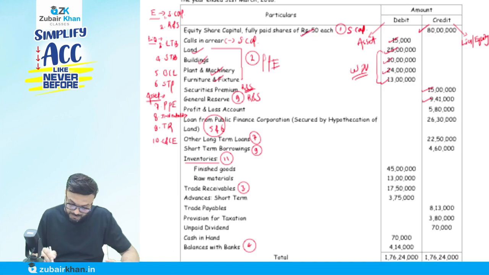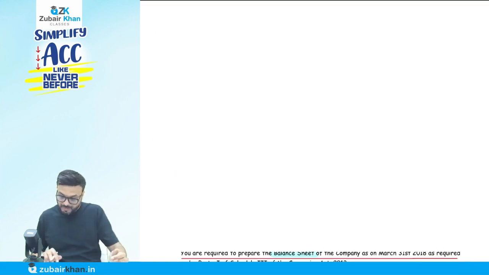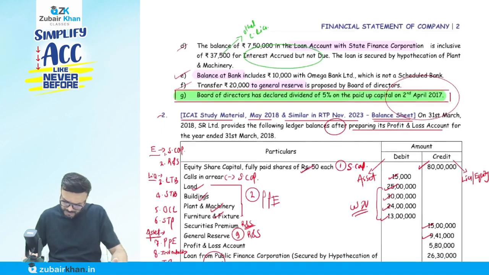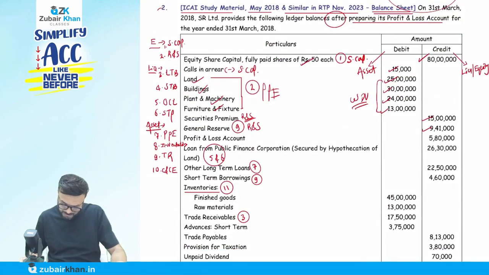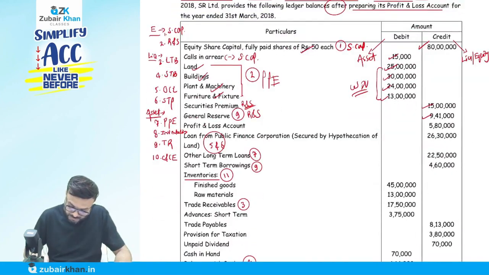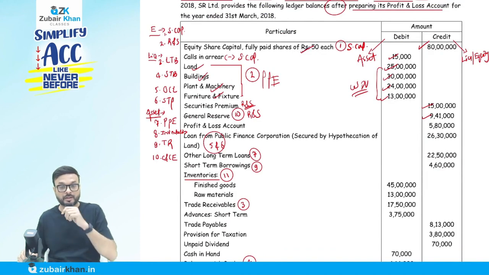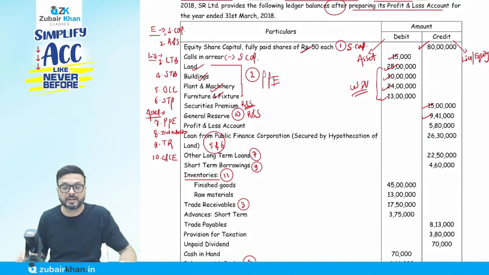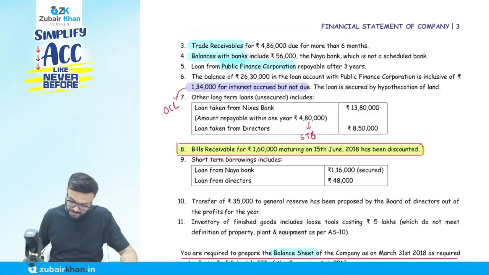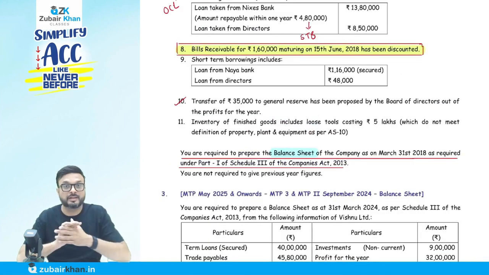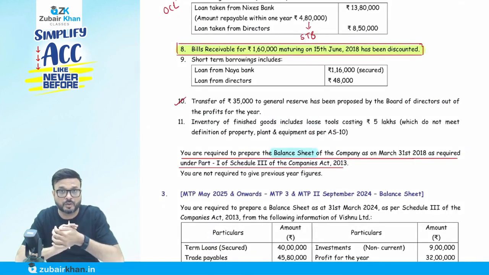Then what does it say? Adjustment number 9. Is it 9? I've written 9 here. Oh, it is 10. Okay, sorry. It's 10. Do the correction there. So when I go to point number 10, they say transfer of rupees 35,000 to general reserve